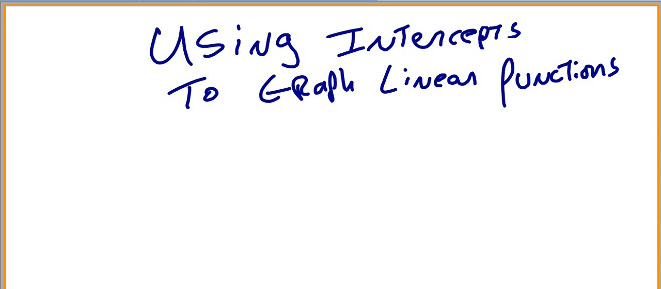Welcome to this presentation on using intercepts to graph. Our purpose here is to use our x and y intercepts to graph lines, and more specifically graphing linear functions or straight lines. So to start off with a little terminology, your y-intercept